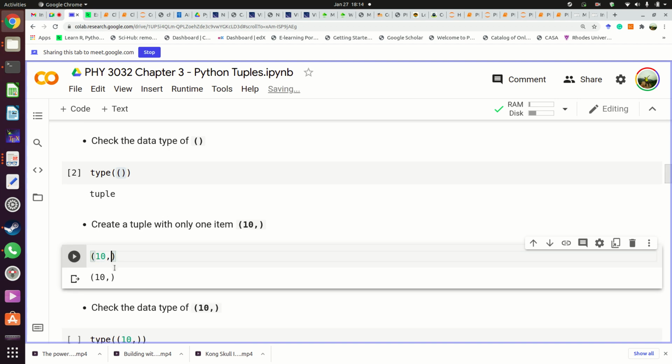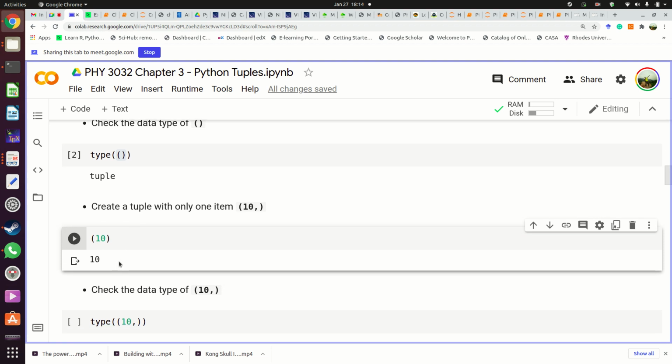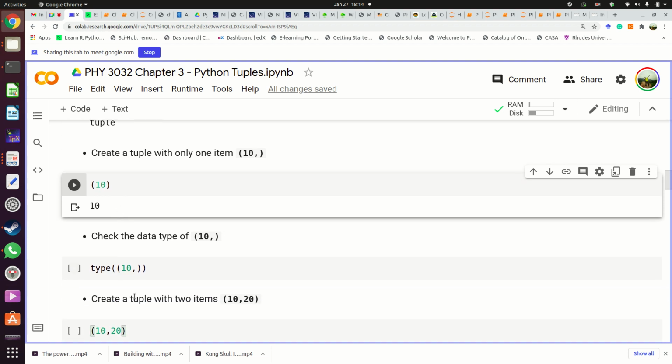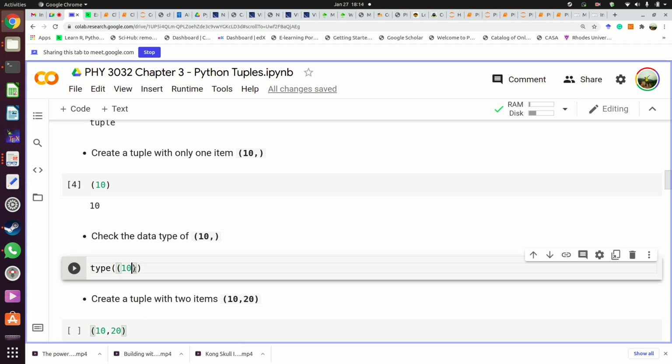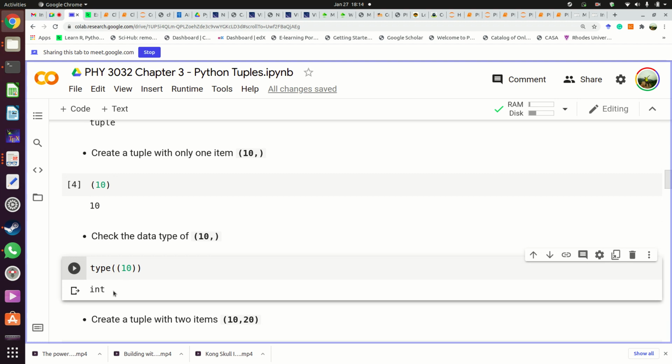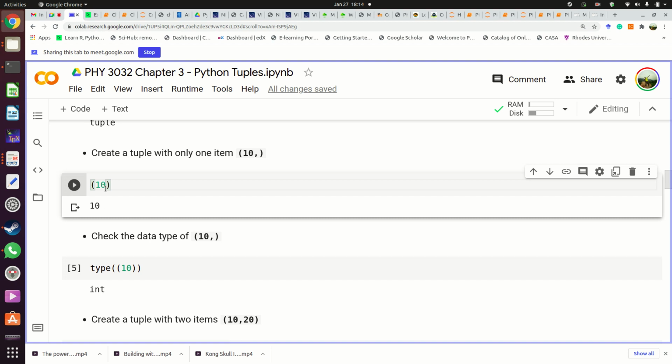If you don't put a comma there, then, okay, looks like things have changed in Python. Let me see what happens. Maybe it still works. Yeah. So you see, that's the difference. If you don't put a comma there, what you end up having is an int, not a tuple. If you put back the comma there,